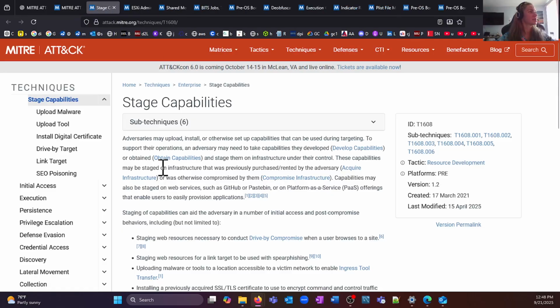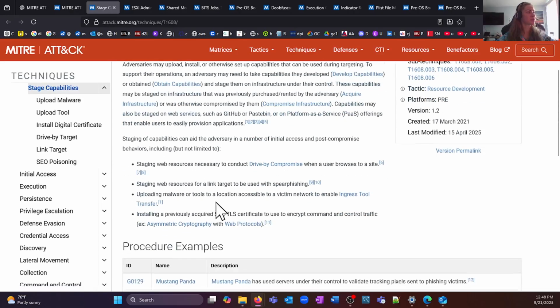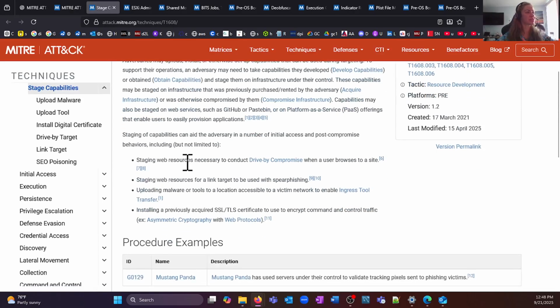References. Stage capabilities. Adversaries may upload, install, or otherwise set up capabilities that can be used during targeting. Develop capabilities and obtain capabilities and stage them on the infrastructure under their control. Staging web resources necessary to conduct drive-by compromise. Staging web resources for a link target to be used with spear phishing. Uploading malware, installing a previously acquired SSL/TLS